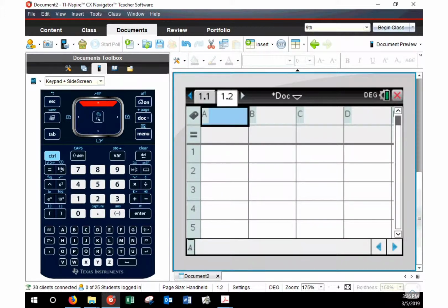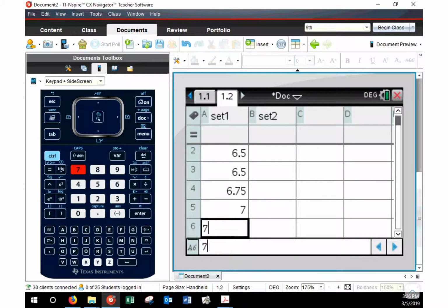So we've got two data sets we want, right? Data set 1 and data set 2. So let's see if I can go set 1. Sweet. And set 2. Sometimes it won't allow certain names. Okay. So set 1, we go 6, 6.5, 6.5, 6.75, 7, 7.25,